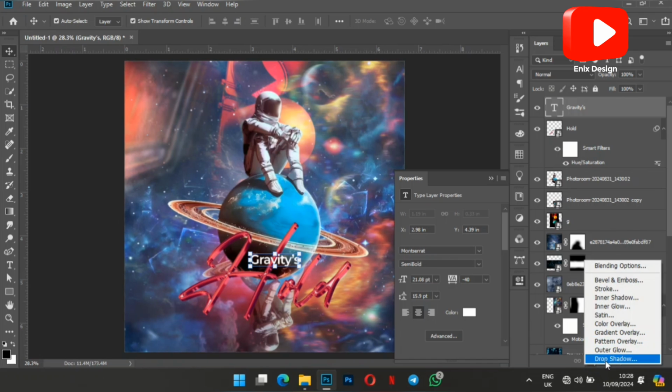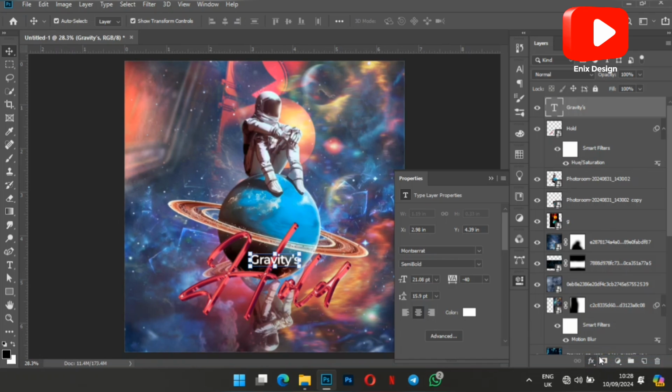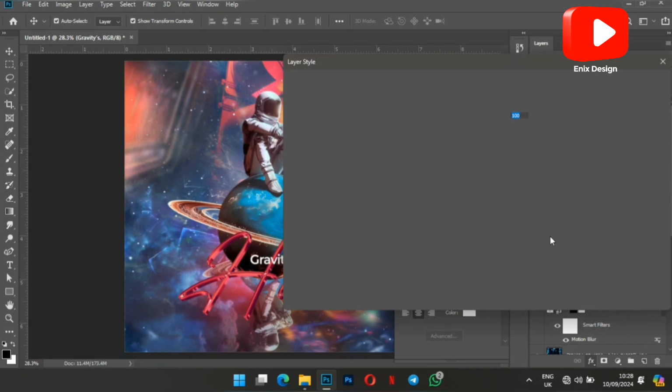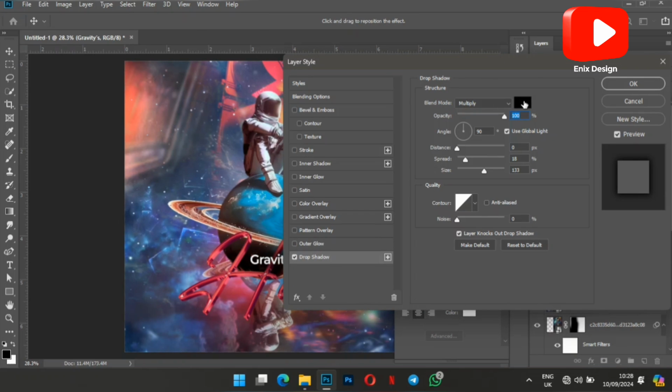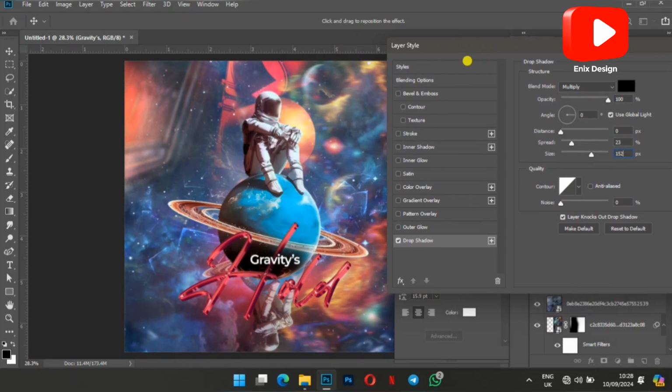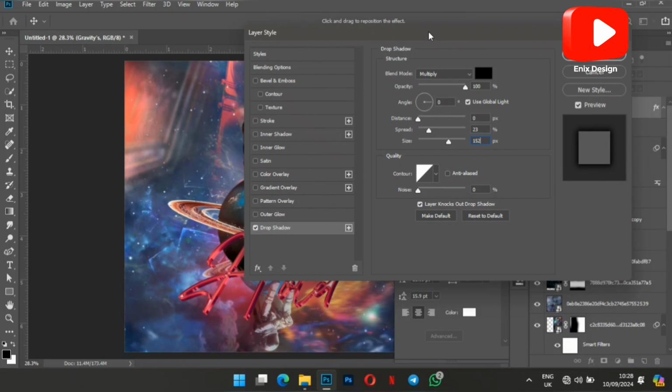Then we'll add some drop shadows to it. The color to be black, the angle 0, distance 0, the spread 23, and the size 152. And then reduce the